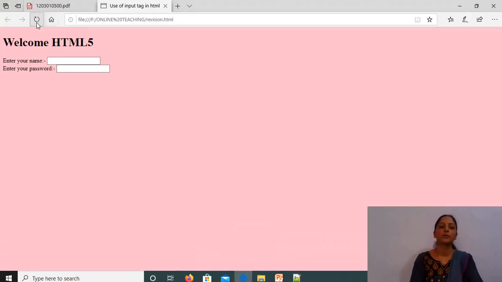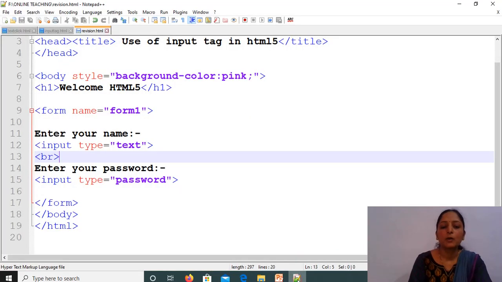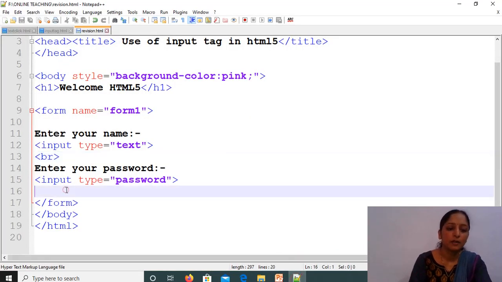All of you know how to execute the program. Now there is "enter your name". So one text box is available here. Suppose I just enter the name here. Then observe the password text box. Now it hides the content. This is the password control. It looks the same, but when you enter the data, the password control hides the data from the user. These are the first two controls.